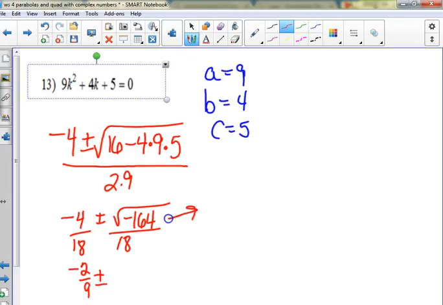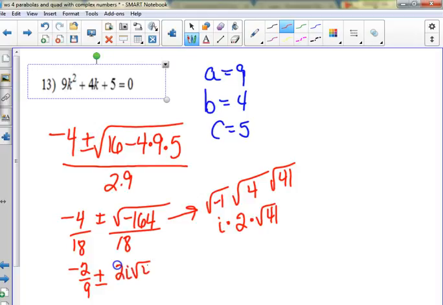Okay, let's break this apart. We have a negative 164. Doesn't 4 go into there? 41 times? Well, that seems like a nice number because 41 is a nice prime. We can't break that down any further. So what do we get? An i, and a 2, and a square root of 41, right? 2i square root of 41, but it's still over 18, so